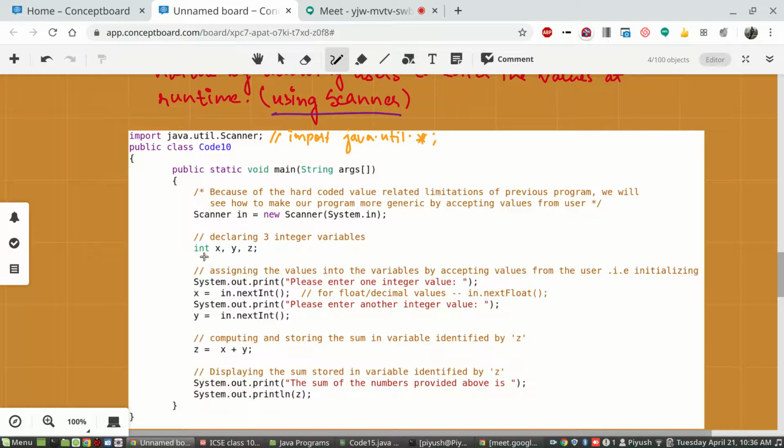If you want to store integer values, you cannot write nextFloat. You promised you are going to store an integer, so it is required that you write nextInt and not nextFloat or nextDouble. You will write nextFloat or nextDouble only if you have declared the variable as float or double type. Depending on that, you will change this, else you are not going to change. Of course, we will be seeing some more programs today on that. These things I am just recapping from the last class.